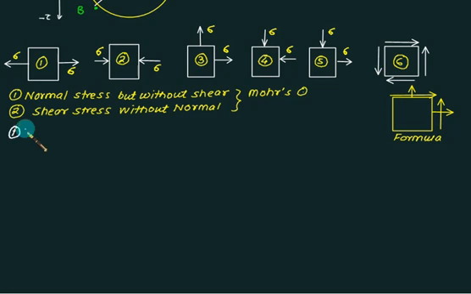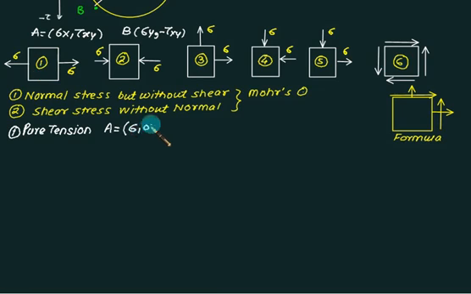So let's start with figure number 1. It's pure axial, also called pure tensile or tension. So coordinate A is sigma x comma tau xy. So these are my general coordinates for all. Say I'm drawing the Mohr circle. A is sigma x, tau xy, B is sigma y, minus tau xy. So for the first case, a pure tension case, we have sigma x equal to sigma, tau xy is 0, and on this element there is no stress along the y direction. So we can write point B equal to 0 comma 0, because there is no shear stress.